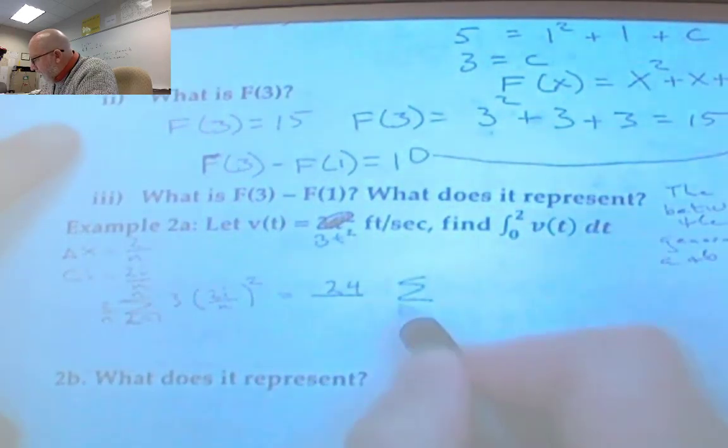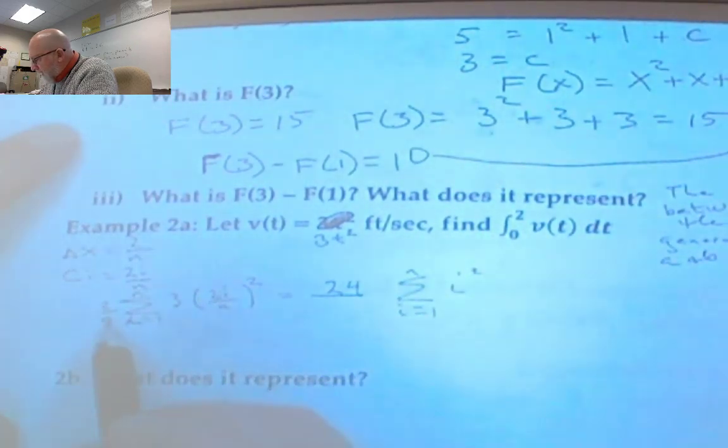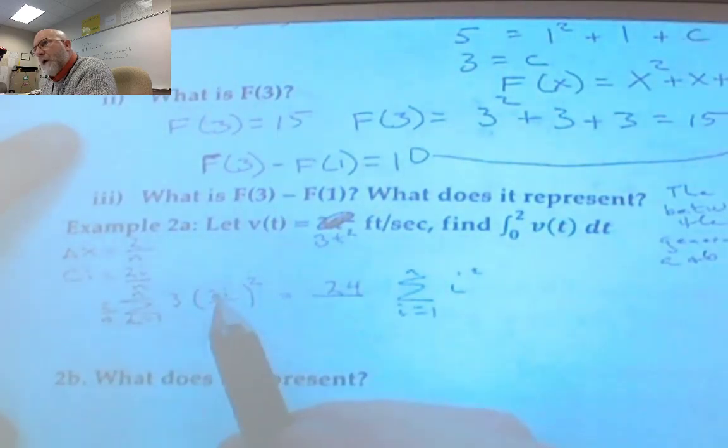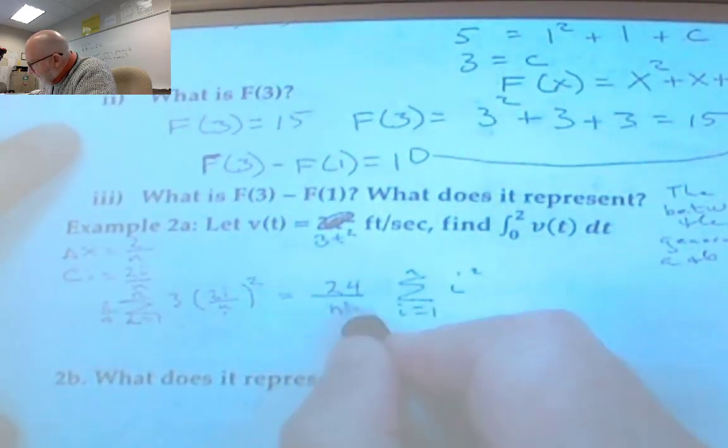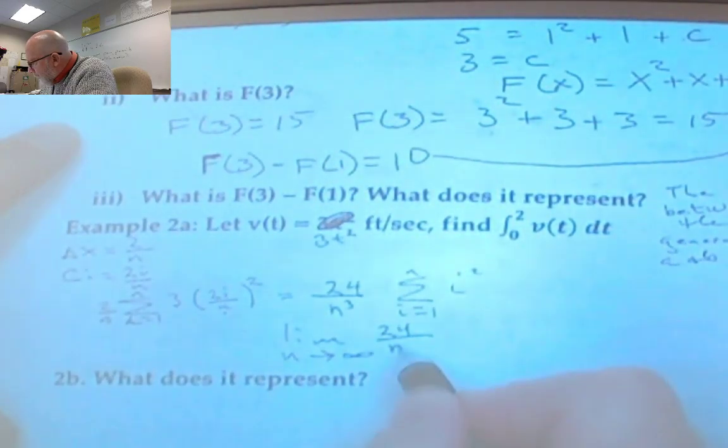Inside here, i equals 1 to n, I'll have i squared. Here's n. This will also be an n squared, right? So what's n times n squared? N cubed. Beautiful. So I'm going to take the limit as n goes to infinity of 24 over n cubed